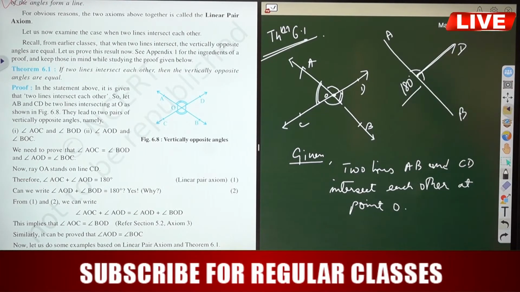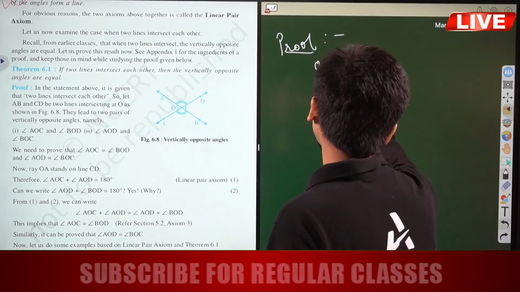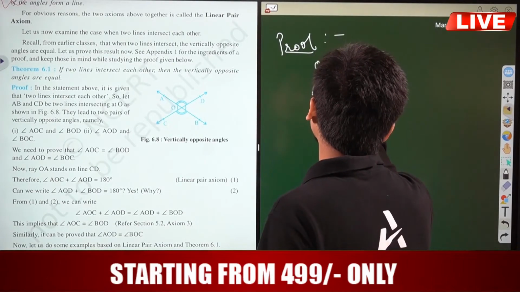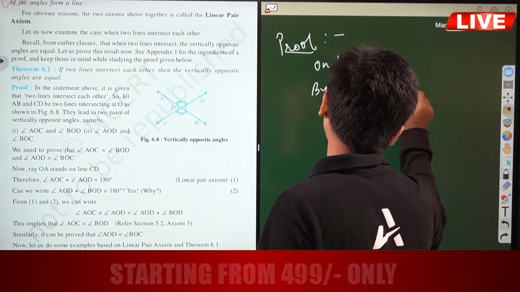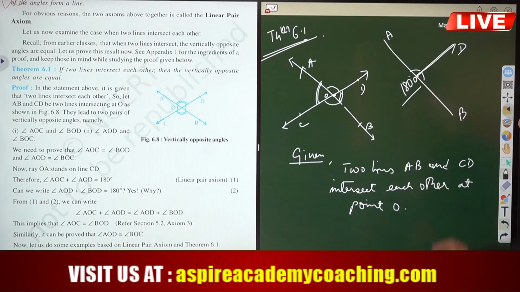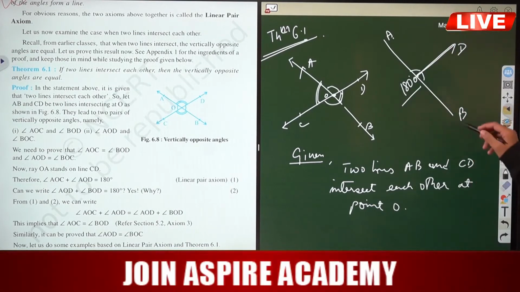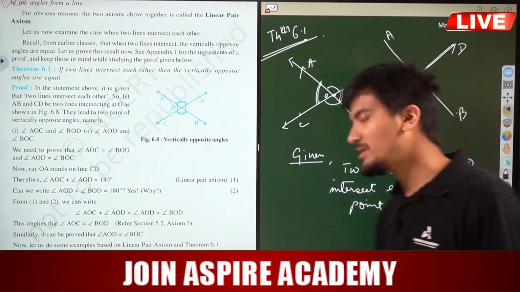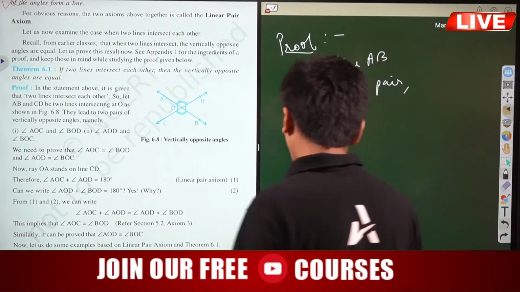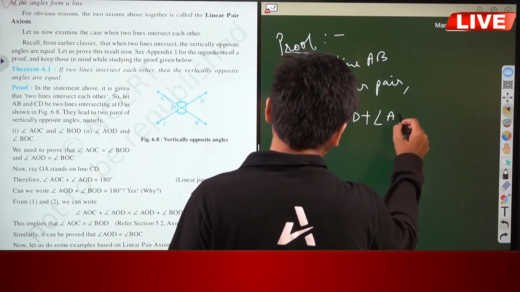That means for a linear pair, on line AB, what do we know? We have seen here that if this is point O, angle AOD plus angle BOD is equal to 180 degrees. So by linear pair, angle AOD plus angle BOC,